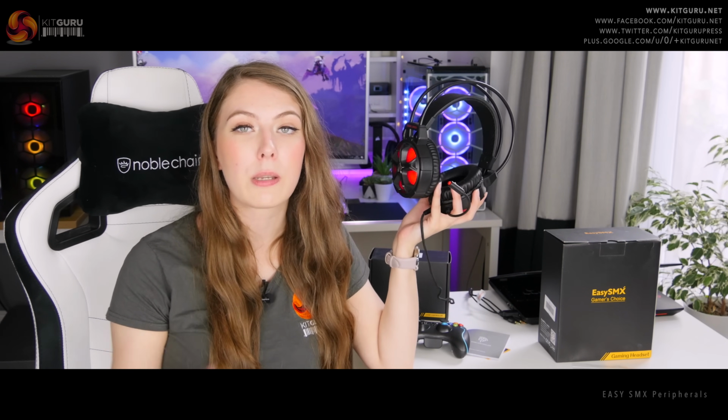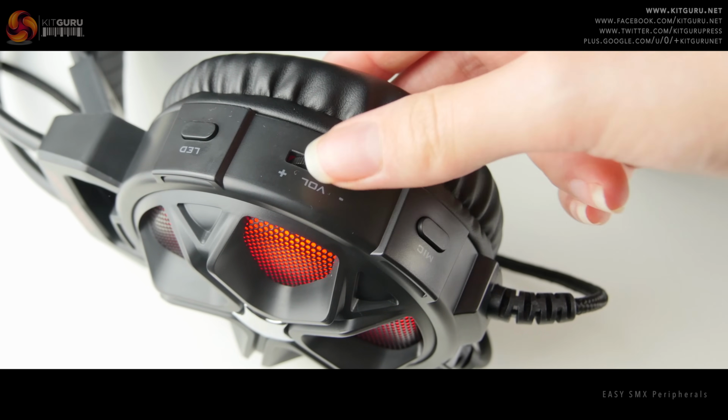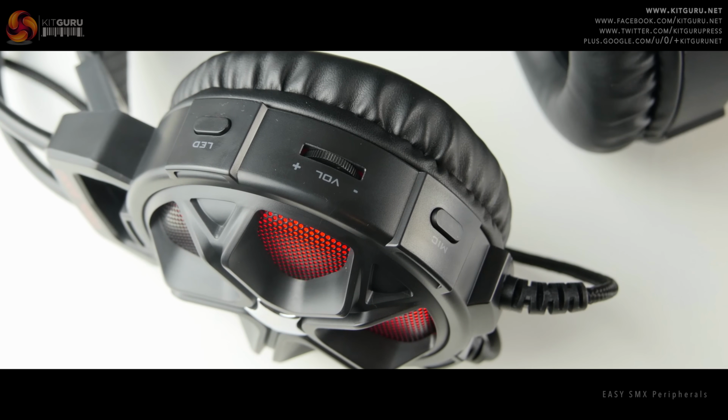I don't think you're going to have too many problems with the cable being too short. And also I like that it doesn't have inline controls. I've had cheaper headsets before that have inline controls, and I hate those because they just get in the way. This headset, they've opted to put the controls on the left ear cup. So you've got one to mute and unmute the microphone, a volume scroll wheel, and also an LED light changer